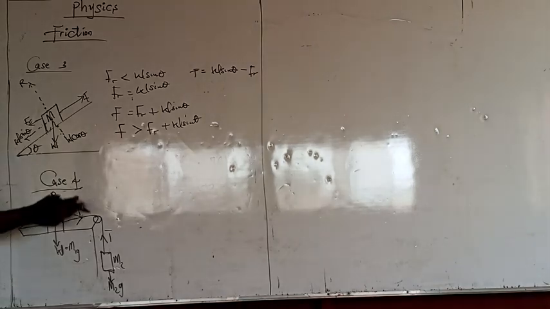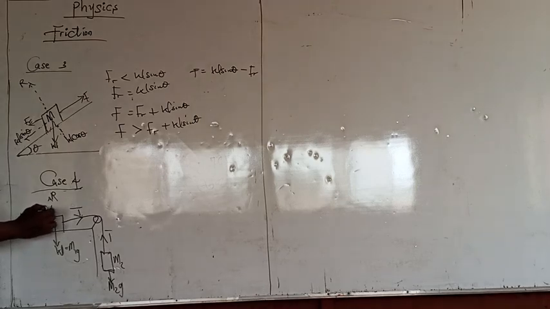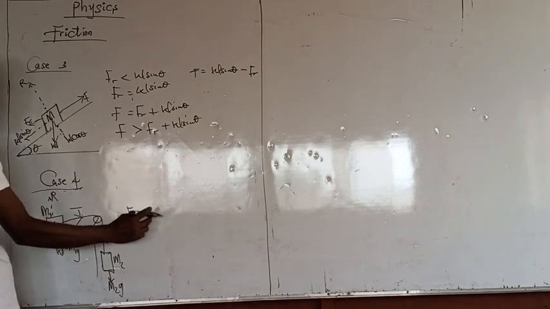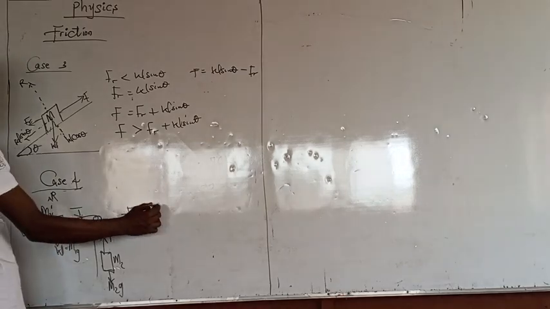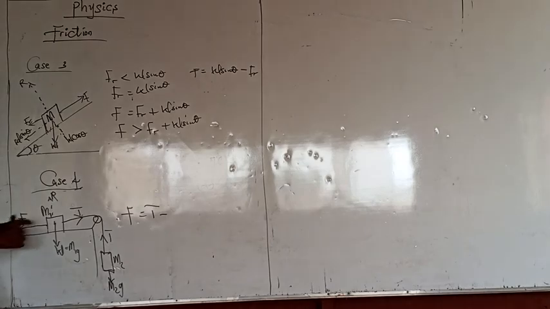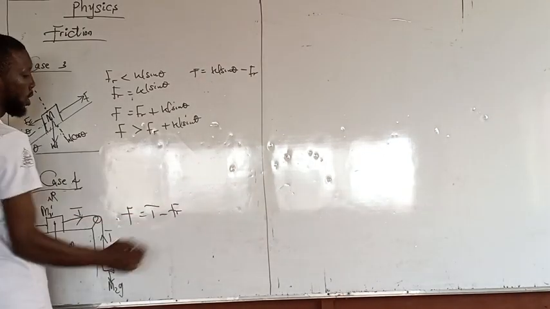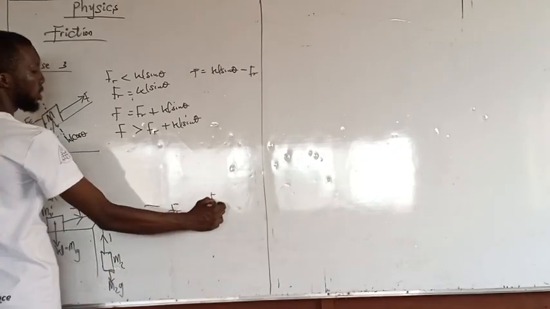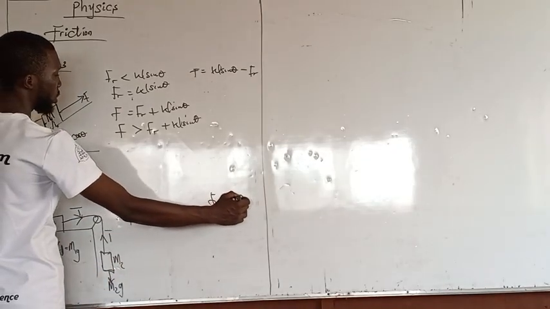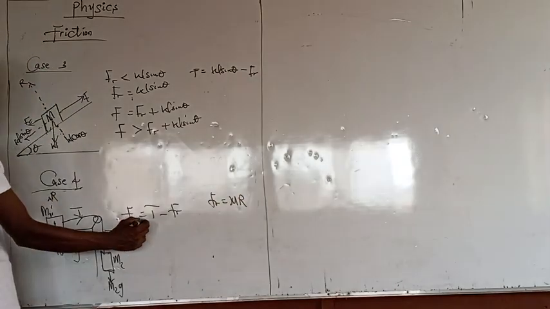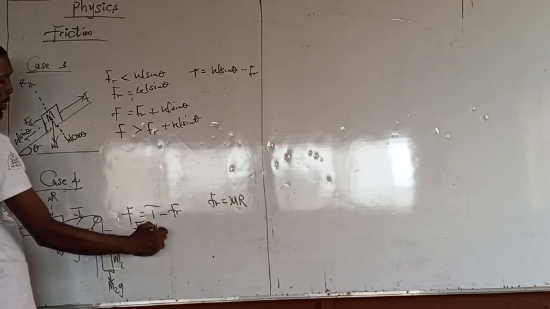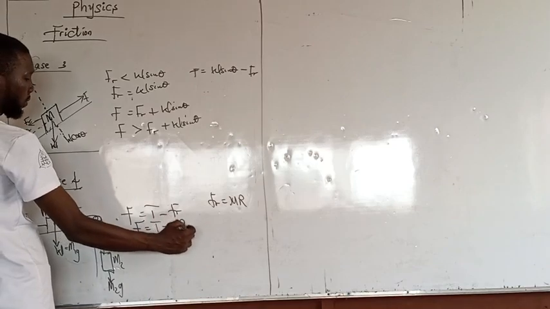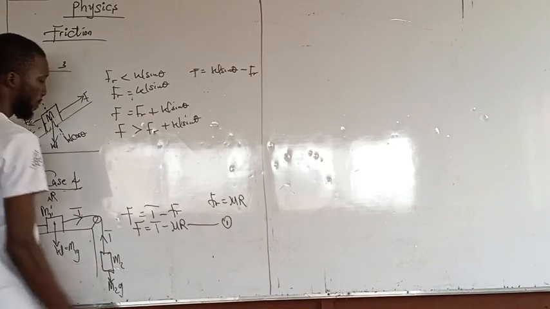So we can now see that the net force acting on m1, that is the net force F on m1, will be equal to the force trying to pull this mass, tension, minus the force trying to stop it, our frictional force. But if we recall, frictional force is equal to coefficient of friction times normal reactional force. So if we substitute that, our F will be equal to T minus coefficient of friction times normal reactional force. I'll call this equation number 1. Then